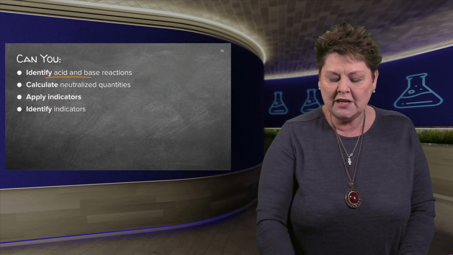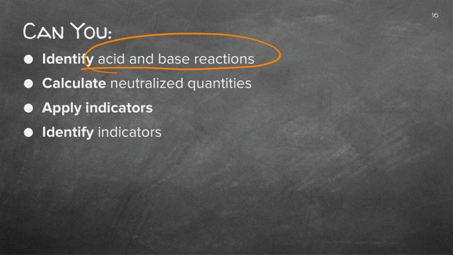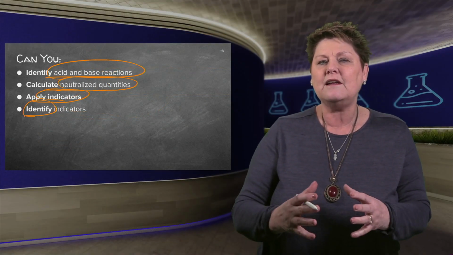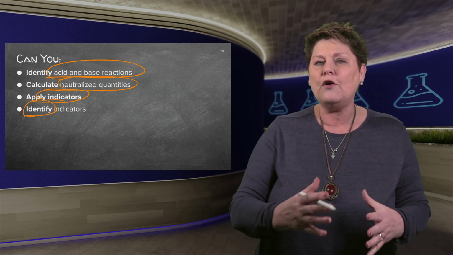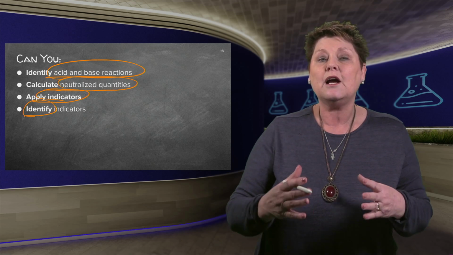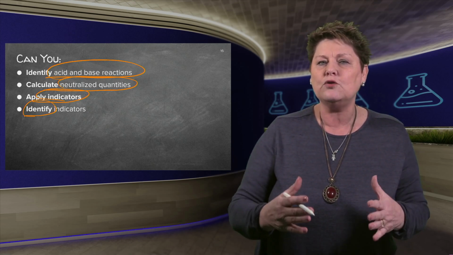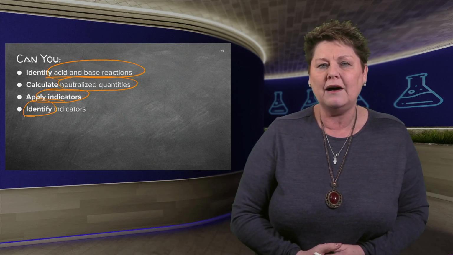Remember, we need to identify the acid and base reactions. We've got to know the formation of salts, the neutralization. We've got to be able to use indicators and identify the colors. I hope you get the grasp of the acid and base chapter now after listening to all these lessons. Go back and have a look at the clips again if you're not convinced that you can answer any question.